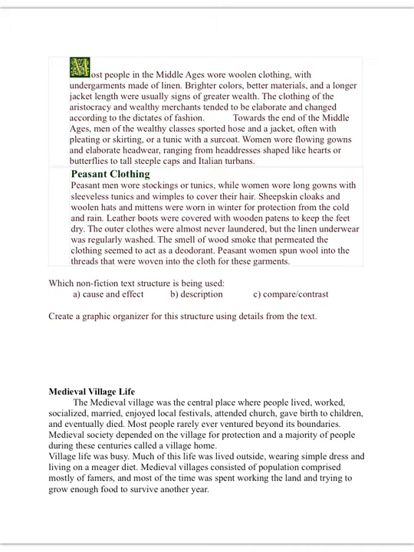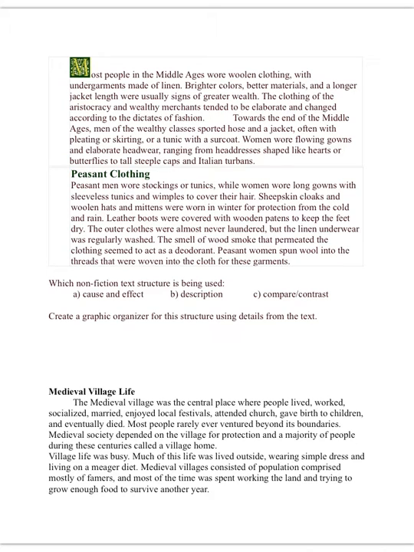Towards the end of the Middle Ages, men of the wealthy classes sported hose and a jacket, often with pleating or skirting, or a tunic with a surcoat. Women wore flowing gowns and elaborate headwear, ranging from headdresses shaped like hearts or butterflies to tall steeple caps and Italian turbans. Peasant clothing. Peasant men wore stockings or tunics, while women wore long gowns with sleeveless tunics and wimples